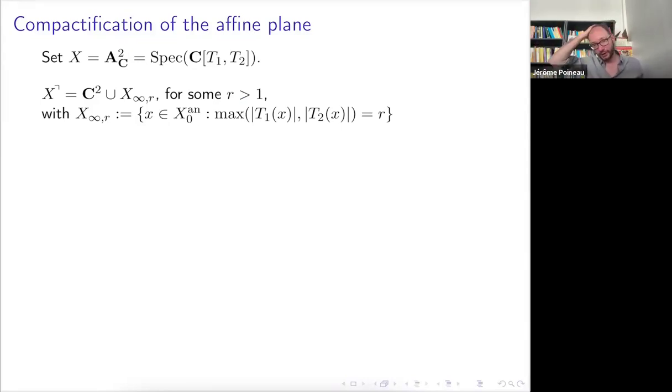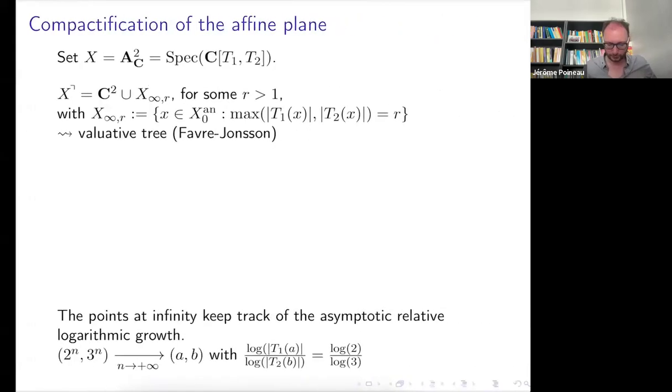And modding out by the equivalence of absolute value is just like picking one R, and you have exactly one representative of each class that has max of the absolute value of the coordinate being R. So what you add at infinity is really this space, and this is the valuative tree by Favre and Jonsson.